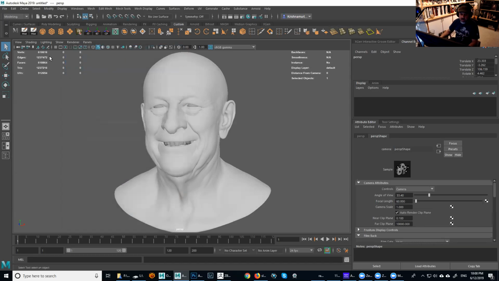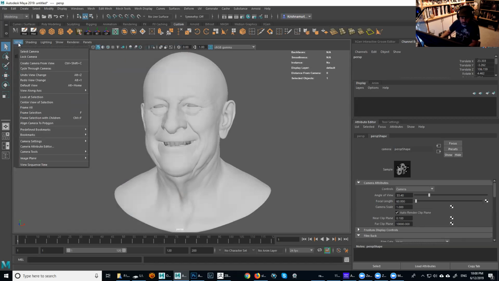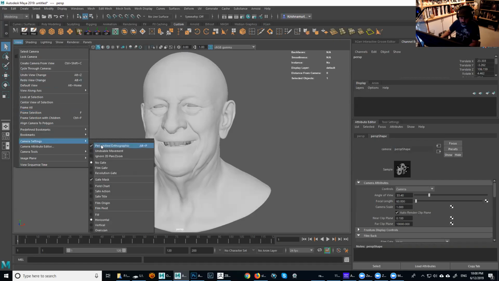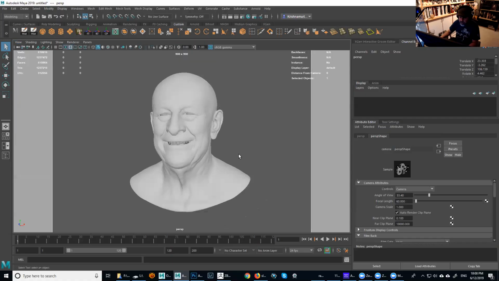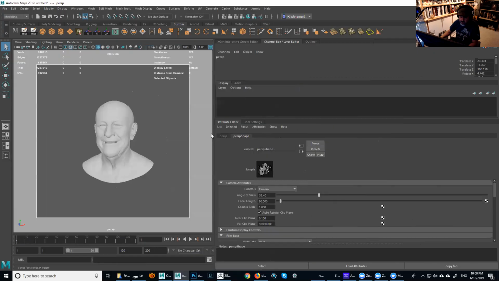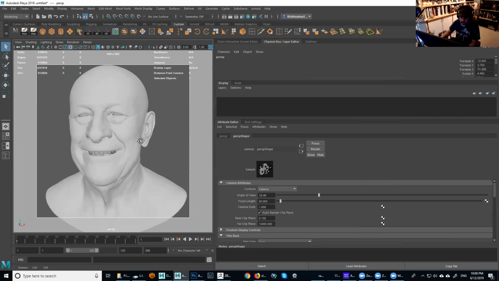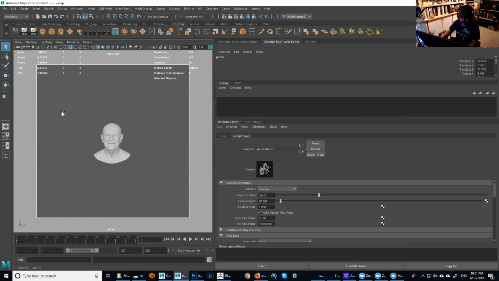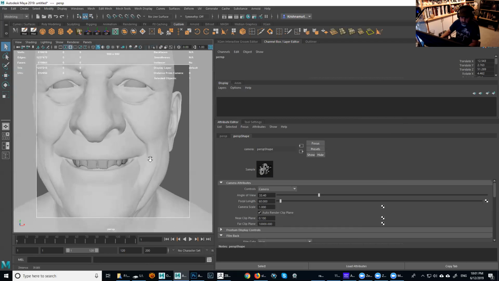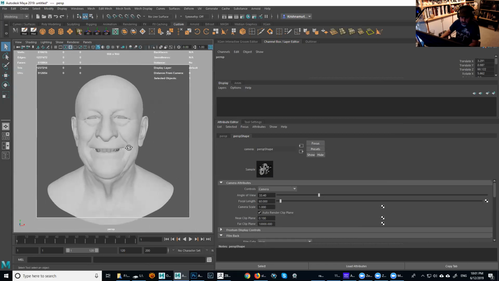And then the other thing I do is normally I go to View, and then under View, you're gonna see there's camera settings, and then you have resolution gauge. So if you click that one, now you're gonna see a square that actually represents the camera itself, right? Like the area that's gonna be rendered. So if I get closer to that, now my lens starts working a little better. It was a little flat before, but now I can start seeing a little bit more of a natural camera.